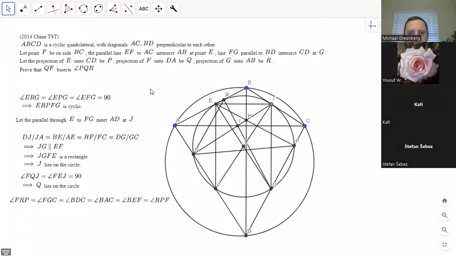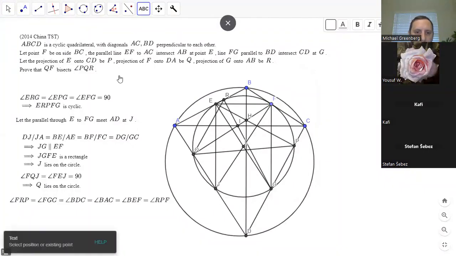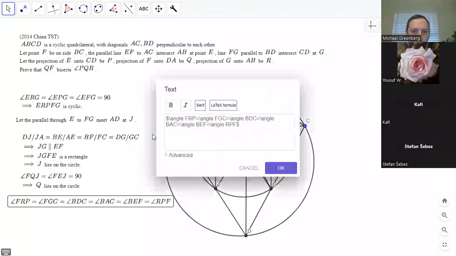And okay, so that implies that FR equals FP. I mean, that by itself is enough. And in fact, we could just say angle FQP equals